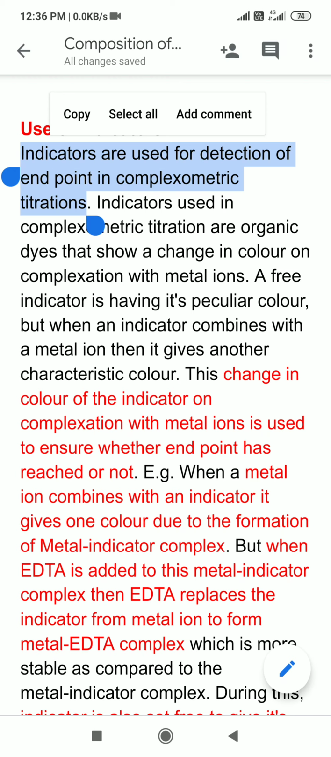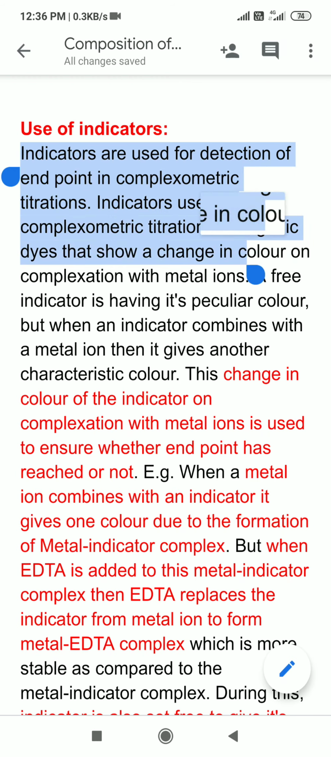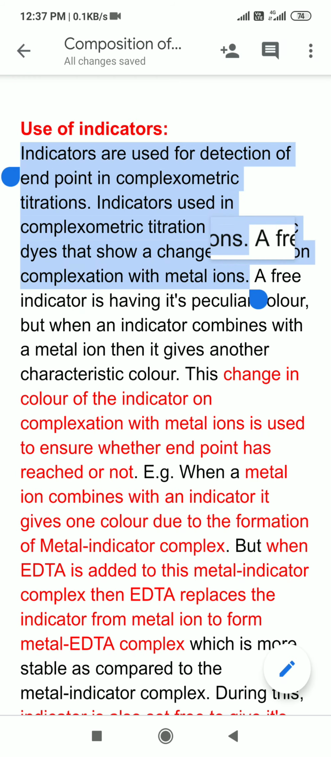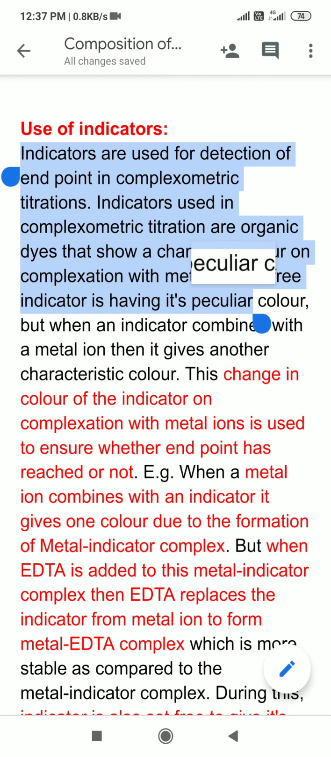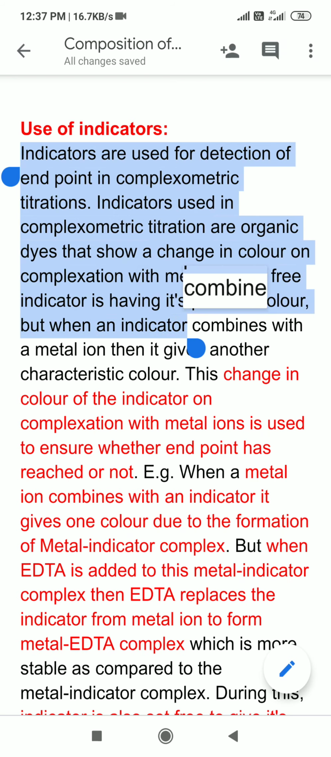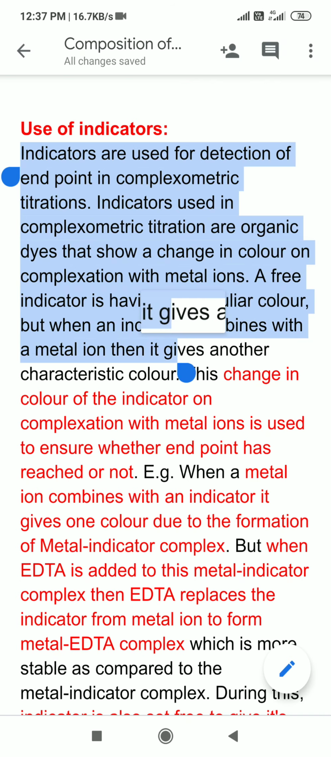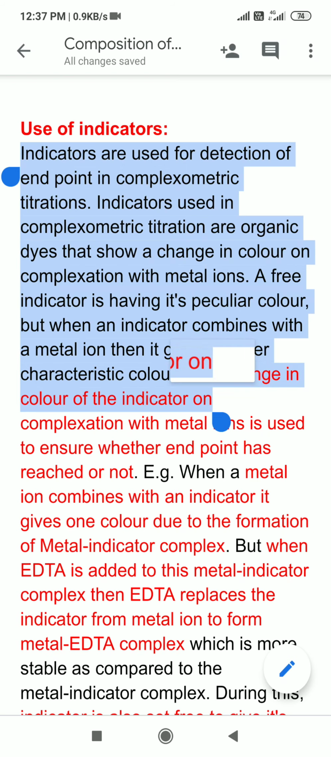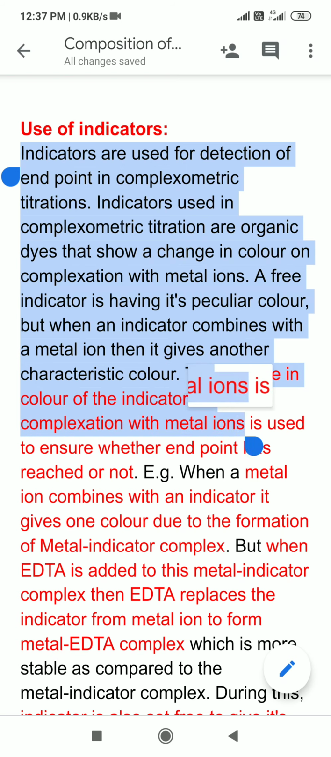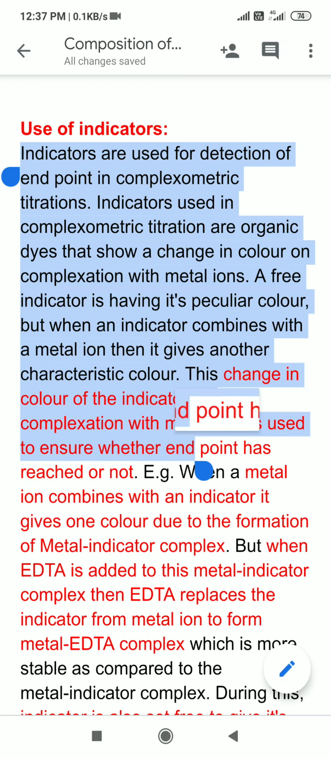But what are these indicators? These are basically the organic dyes that show a change in their color on complexation with the metal ions. Now, a free indicator is having its peculiar color, but when an indicator is added to a metal ion solution, it gives another characteristic color. So this change in color of the indicator on complexation with the metal ion is used to detect the endpoint